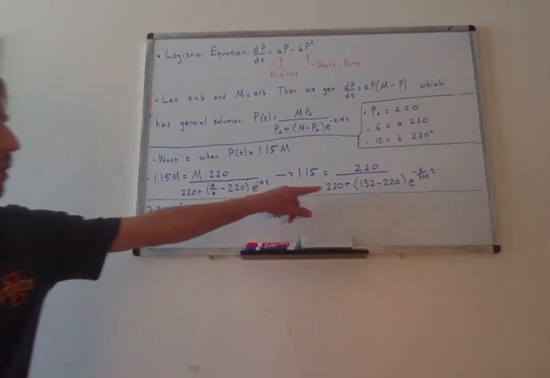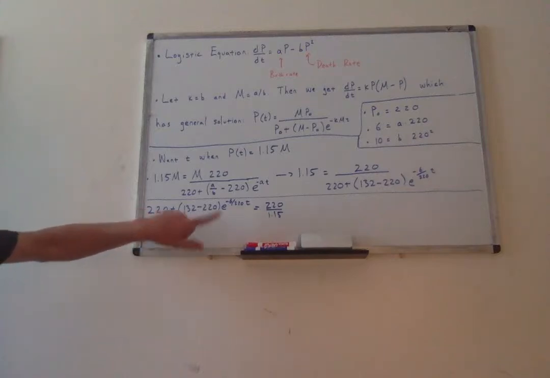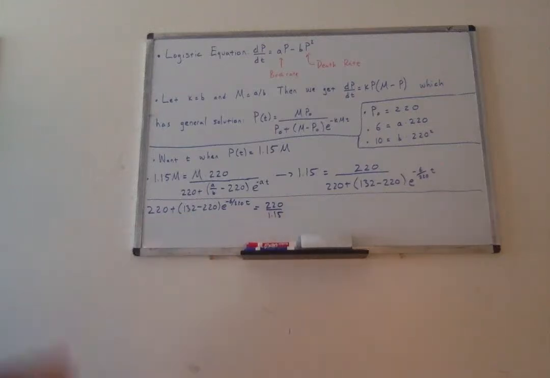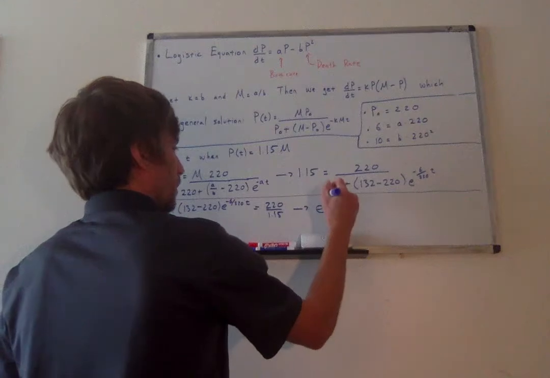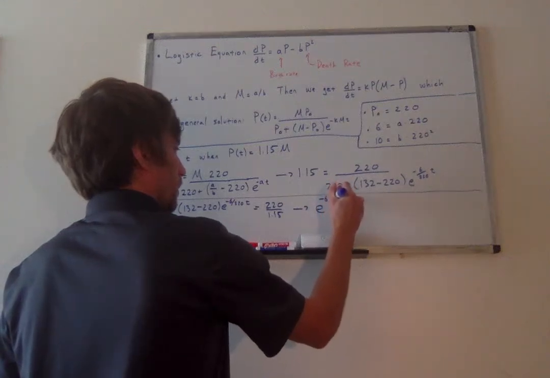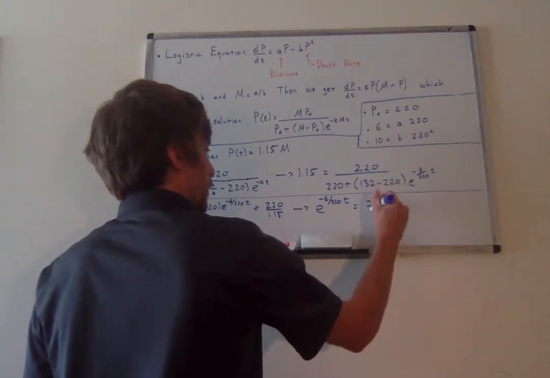So swap this and this. Then subtract 220. 132 minus 220 is equal to negative 88. Doing a little more algebra here, you should get negative 1 over 88